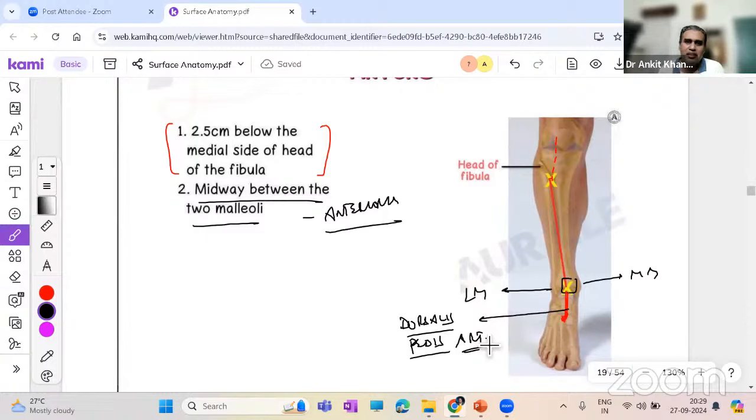Names are self-explanatory. Dorsalis pedis. Dorsalis. Now if you look at the hand, this is the palm of the hand, and this is the dorsum of the hand. Similarly, if you look at your own foot, the lower part of the foot is the plantar aspect, and the upper part is the dorsal aspect of the foot, where the